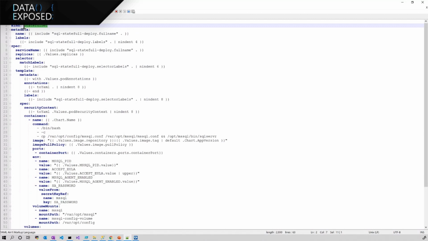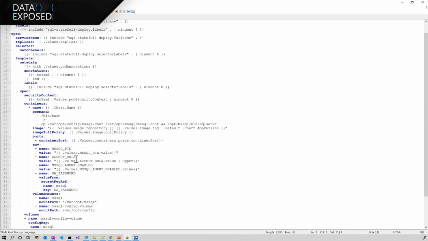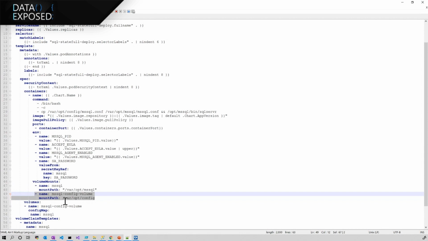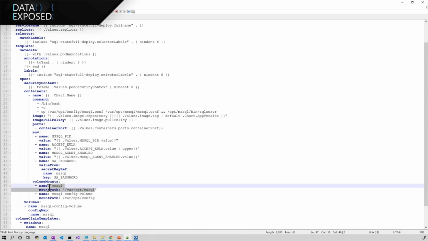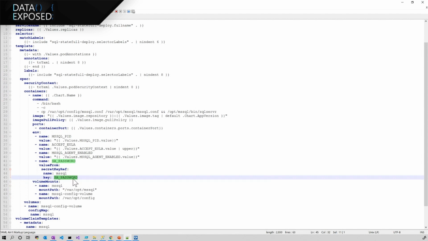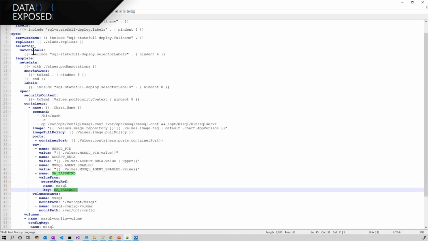And that is why in this deployment, we are not using the normal deployment that you might have seen all across, which basically says the kind as a deployment, but rather we are deploying it as a stateful set. And we are providing the MS SQL config file itself as a file, and mounting it. We are also mounting the data drive that is required. We also have the SA password secret that is set up on my Kubernetes cluster. And I'm passing most of my values to the variables here through the values YAML file.